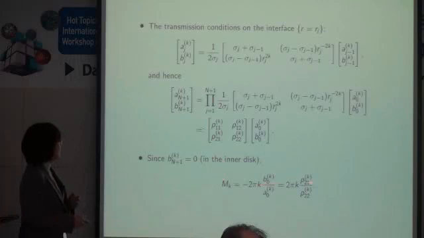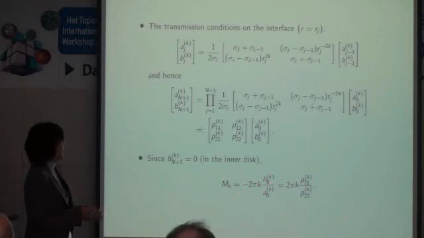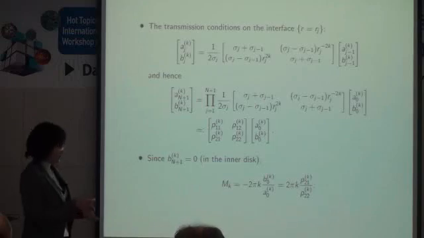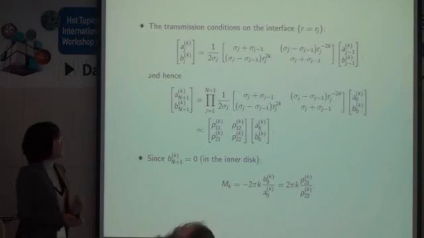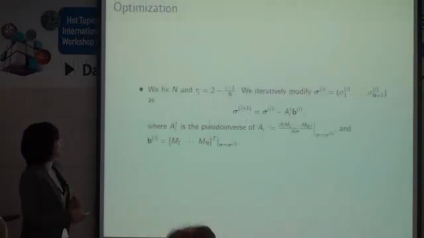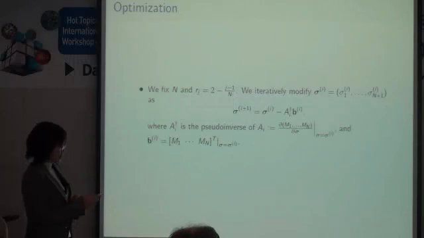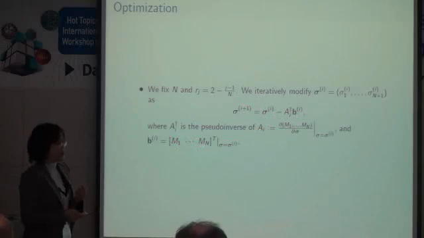So this m sub k is the coefficient in the perturbation part. So now we know how to get this m sub k when the conductivity is given on each layer, and then we do the optimization. For each iteration, I have this m sub k from the matrix multiplication,